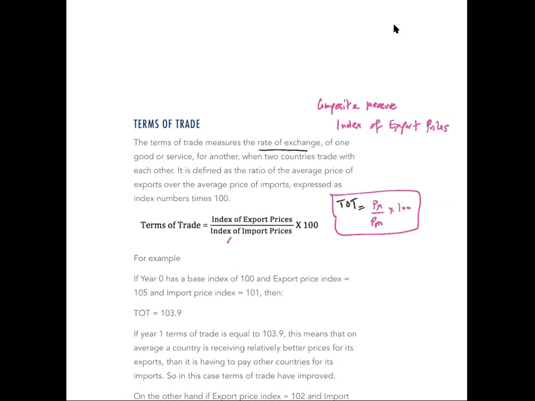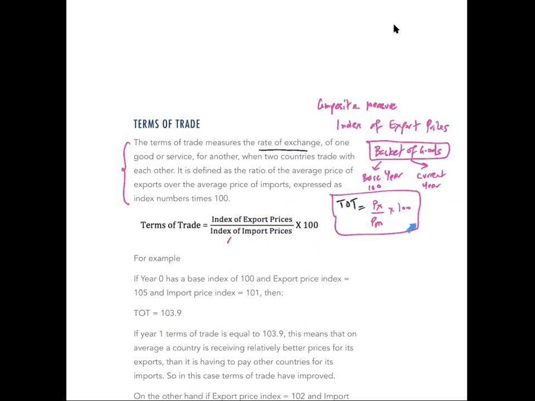So what do you mean by export prices? It's simply something which we did in inflation. We made a basket of goods. We will have a base year, and what is the index in the base year? Base year index is always 100, and then we have the current year, where we look at prices. So you have a basket of exports, you give it a value of 100, and you track the value of those export prices. Similarly, you will make a basket of imported goods and look at the base